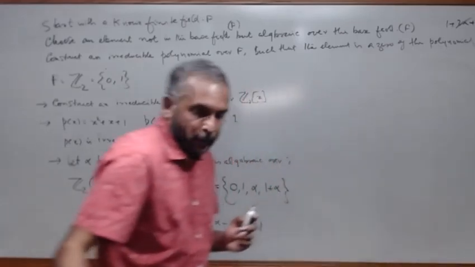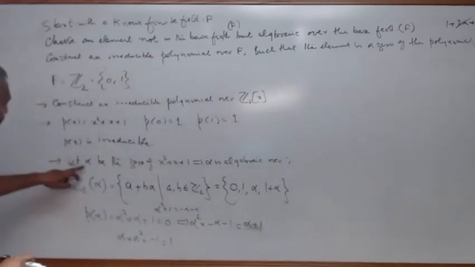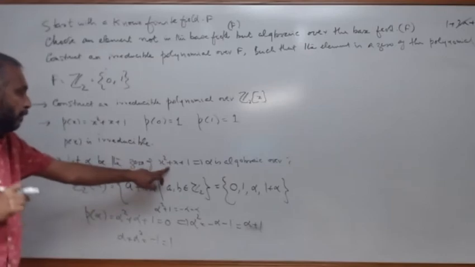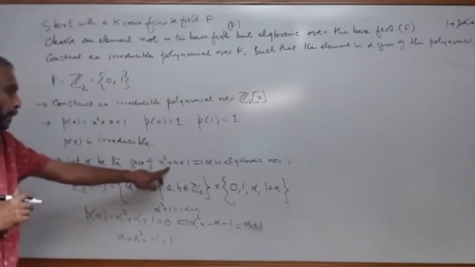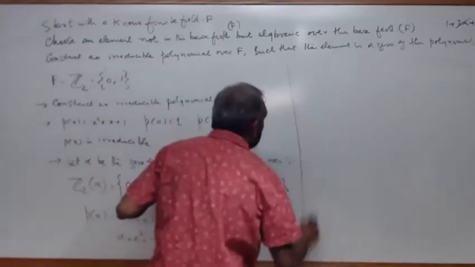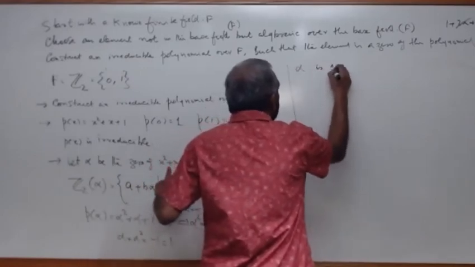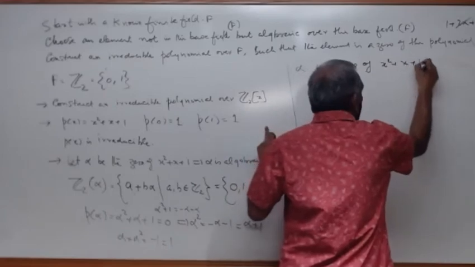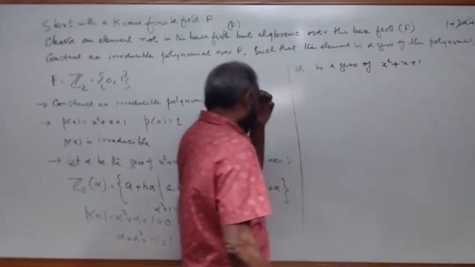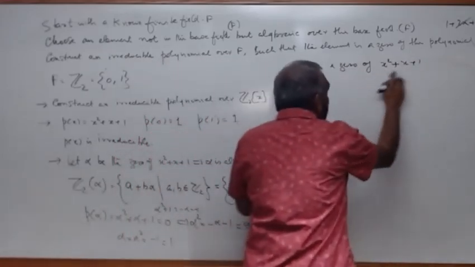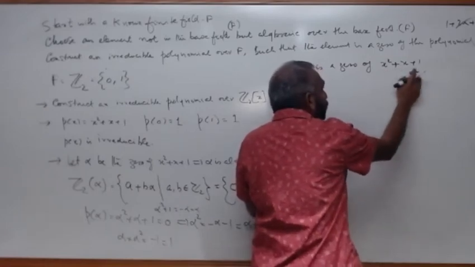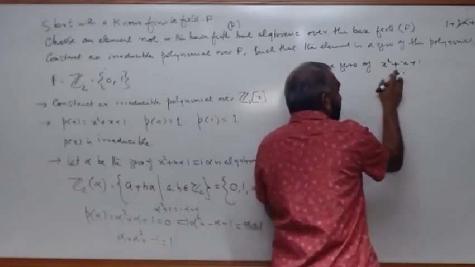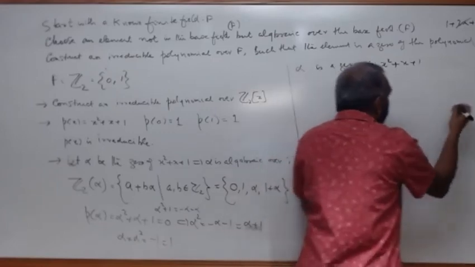Alpha is a 0 of this polynomial, so alpha is a 0 of x square plus x plus 1. This is a polynomial of degree 2. So if you are factorizing this, see,